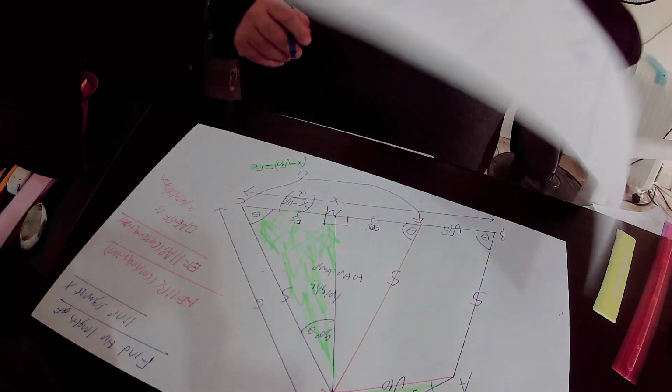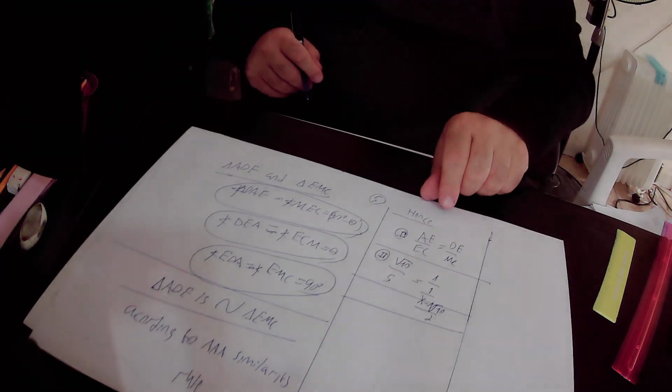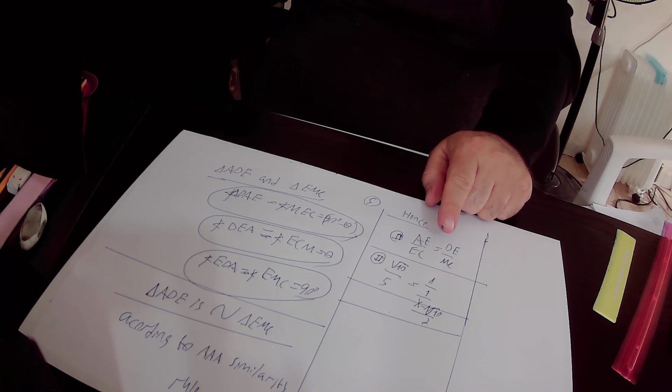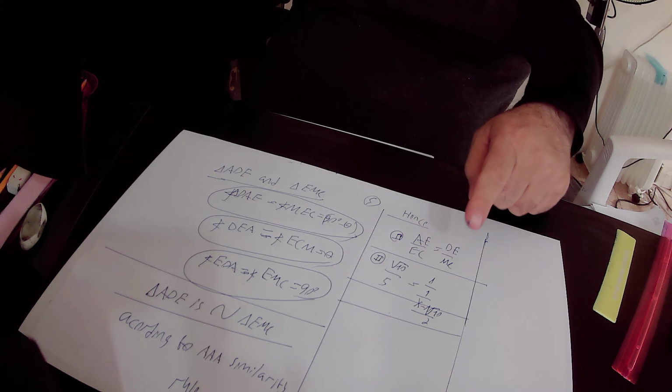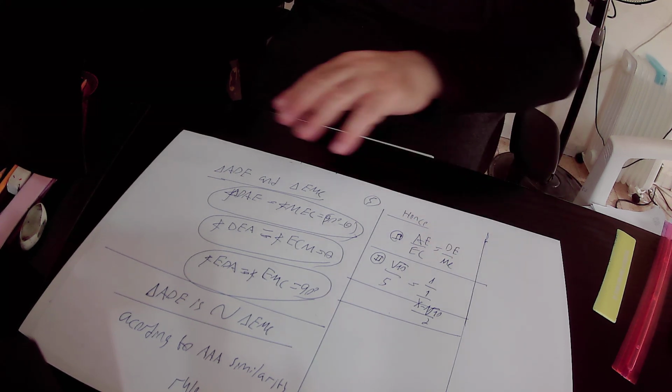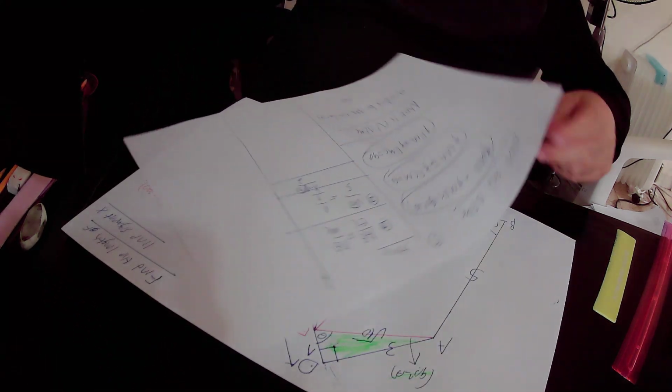So in conclusion, we found out that square root of 10 over 5 equals 1 over x minus square root of 10 over 2. Here we will move 2 to the numerator and x minus square root of 10 to the denominator,